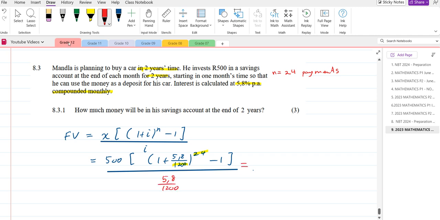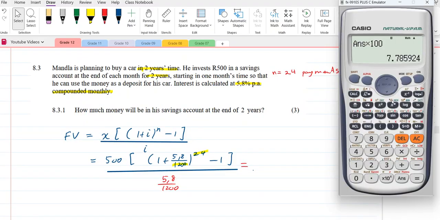Now I'm going to solve this problem and get a future value. How much money will be in his savings account at the end of 2 years? That's what we're checking, after 24 months. Right, so we are going to use a calculator. So fraction 500 into 1 plus 5.8 over, make sure you put double brackets here, 1200 to the power 24. We're going to minus 1, close the bracket there, divided by 5.8 over 1200, and my answer is